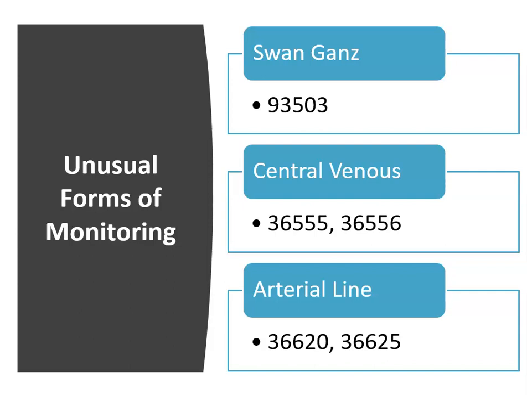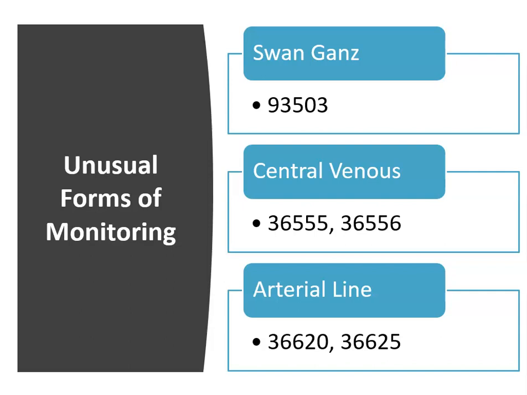So some examples are a Swan Ganz catheter, a central venous access device, an arterial line. Those services, if provided by the anesthesiologist,